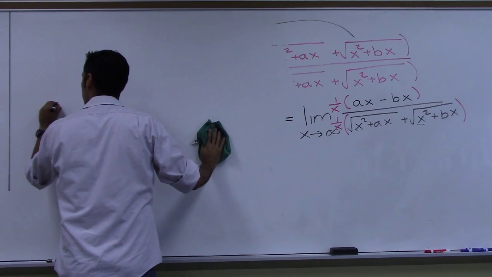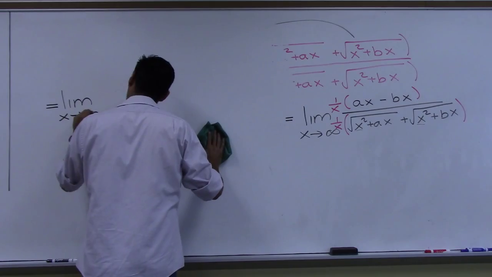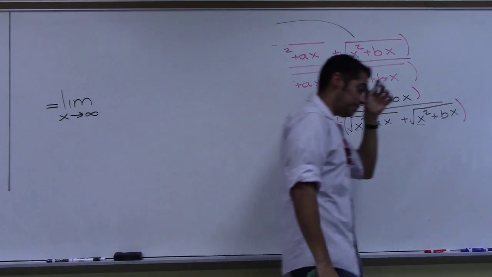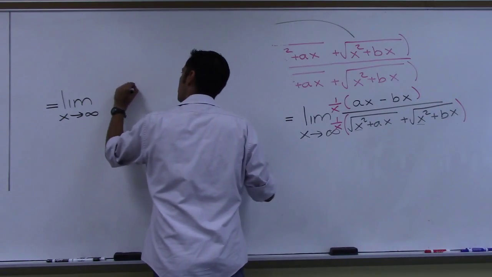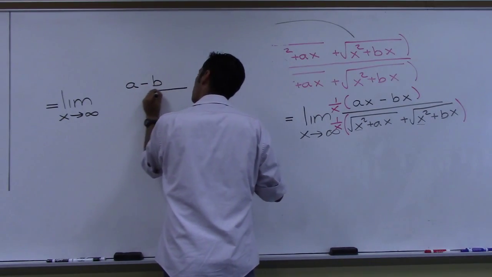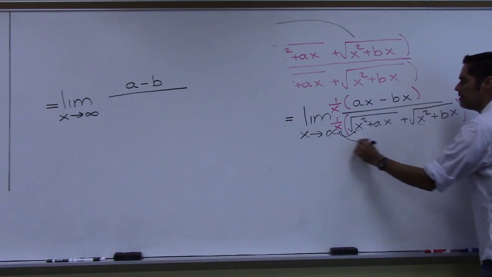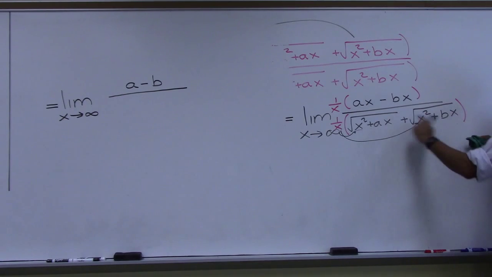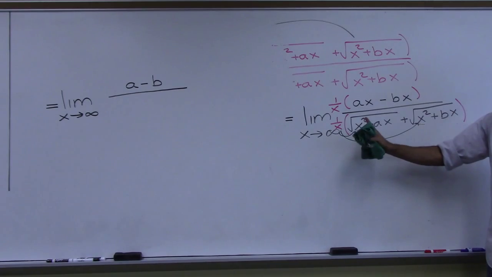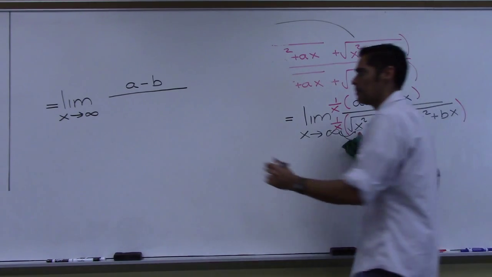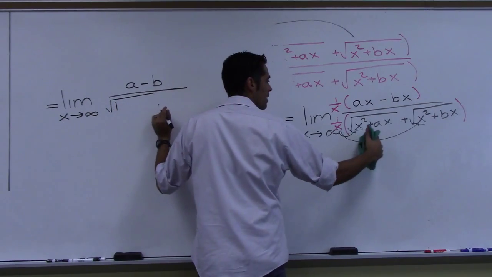So this becomes limit x approaches infinity. All right, what happens in the numerator? It's just a minus b. A minus b over. Now, this 1 over x has to go into this root and into this root, right? Because it's distribution, two terms here. So when it goes in here, it becomes 1 over x squared, and it turns this x squared into a what? A 1. And then you have plus